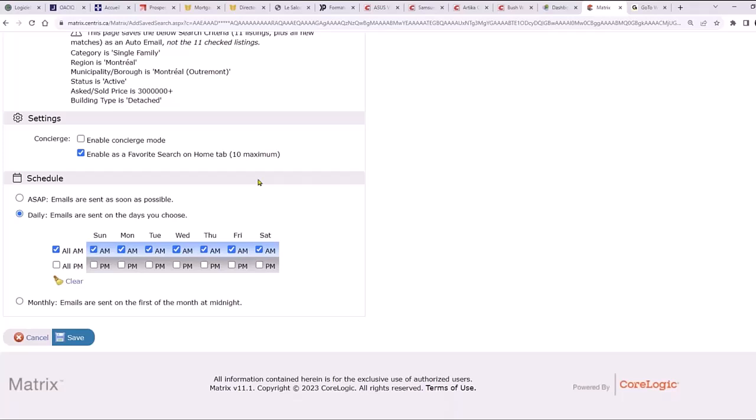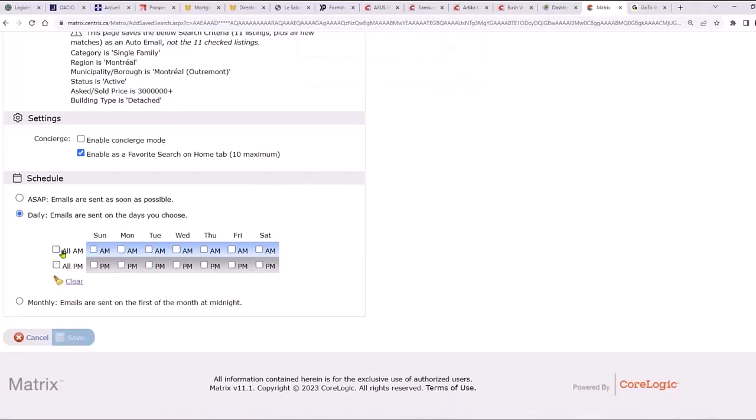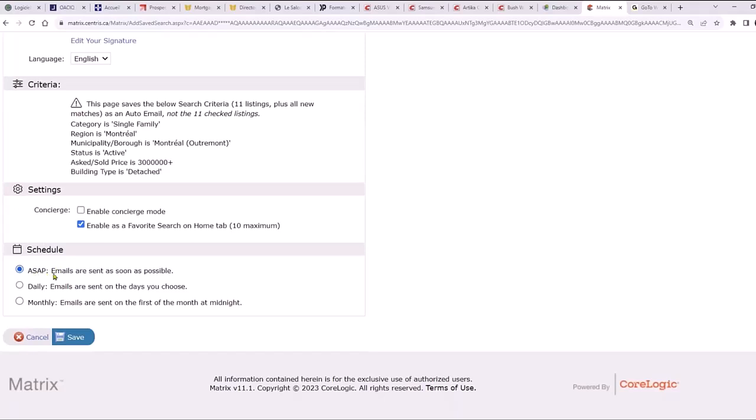And also, when it comes to scheduling, as you can see, it starts off on daily, and it starts off with all AM selected. You can have all PM. You can clear both. You can select again as you see fit. I personally prefer that the messages are sent as soon as possible. That way, it's not waiting for tomorrow morning to send it to the client. Let's say, Louise, if you put in a new listing today, in 5 minutes, my clients will have it a minute after that, which is great.